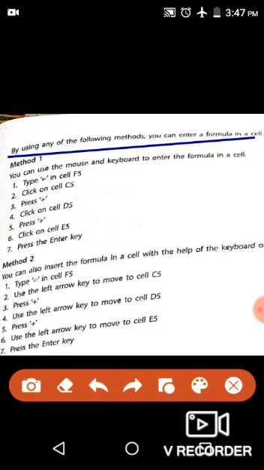While watching this video, try these steps on your computers. Type equal to in cell F5 where you have to calculate the total marks. Then second step is to click on cell C5, where English marks of Vidit Dhingra are written, 40 marks. Then press the plus sign. In the keyboard you can see a key having the plus symbol. Press that button.